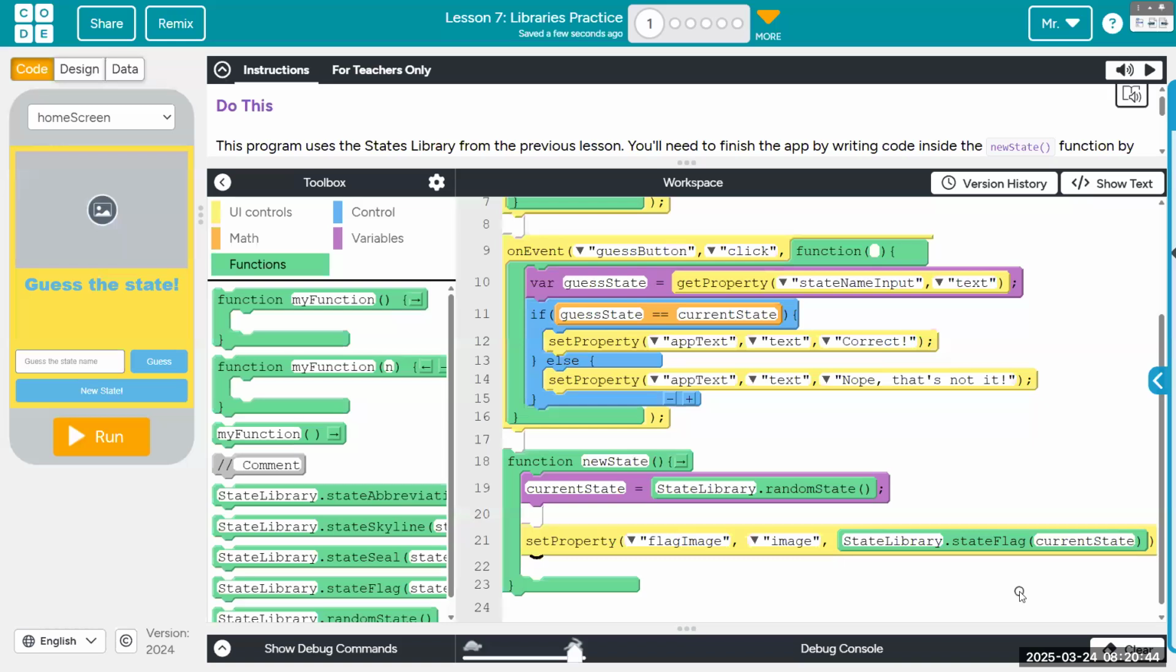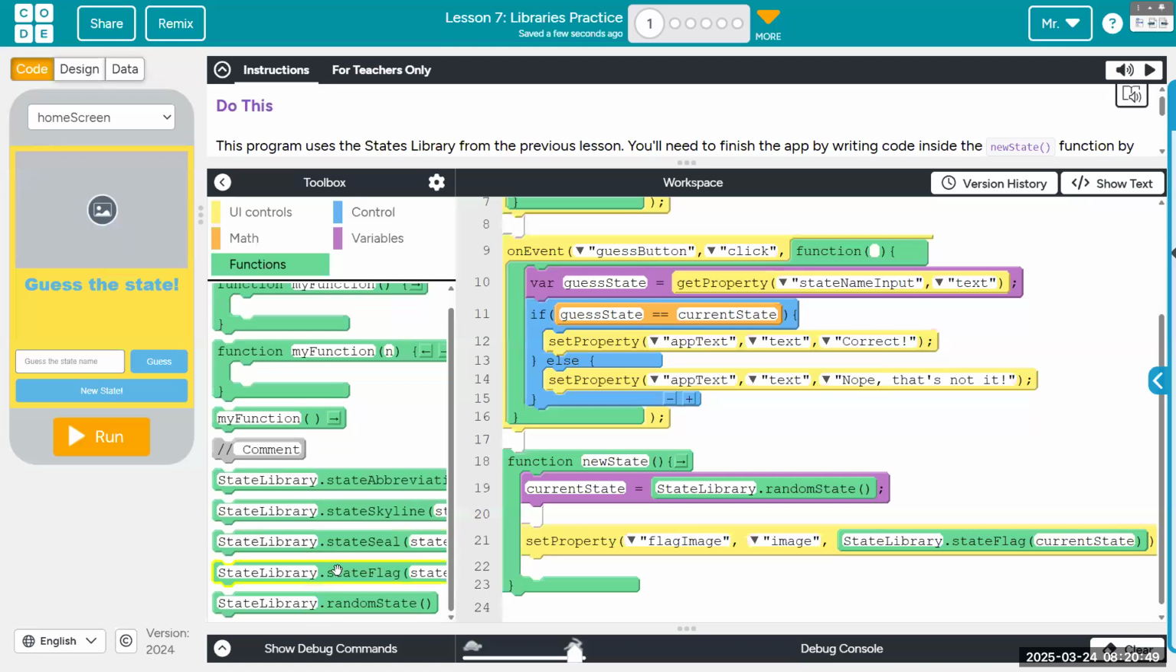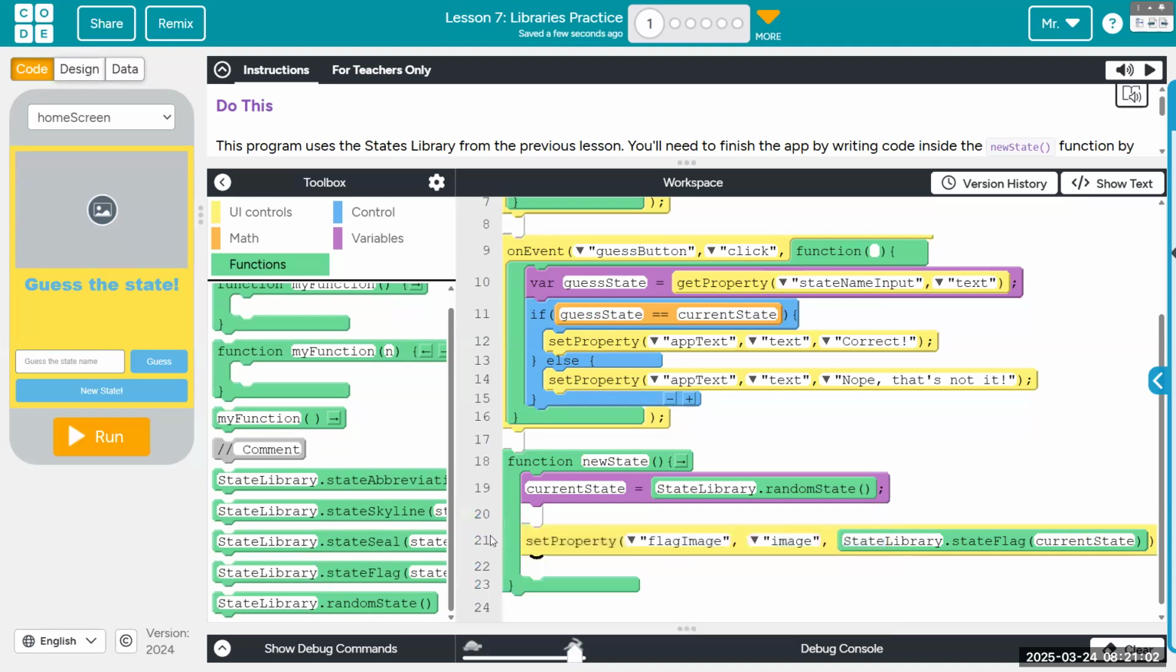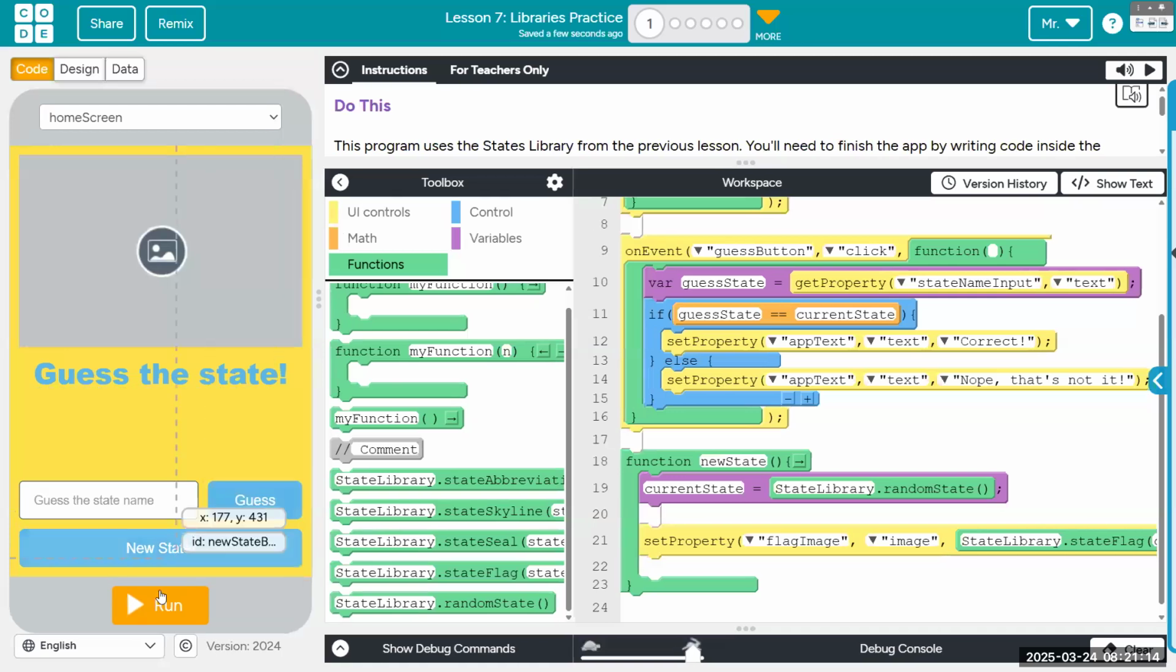Okay, so current state is used as the parameter for state flag. You can mouse over and see that it returns the flag of a given state. The input is the name of the state as a string, and it returns a string. That's the image URL, so it works as a parameter for the set property. This entire function call, this return function call, becomes the string that is the image address, or it's probably a